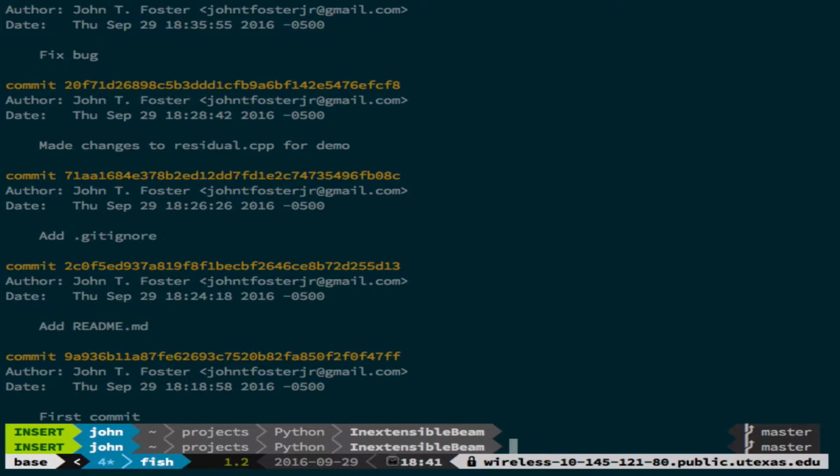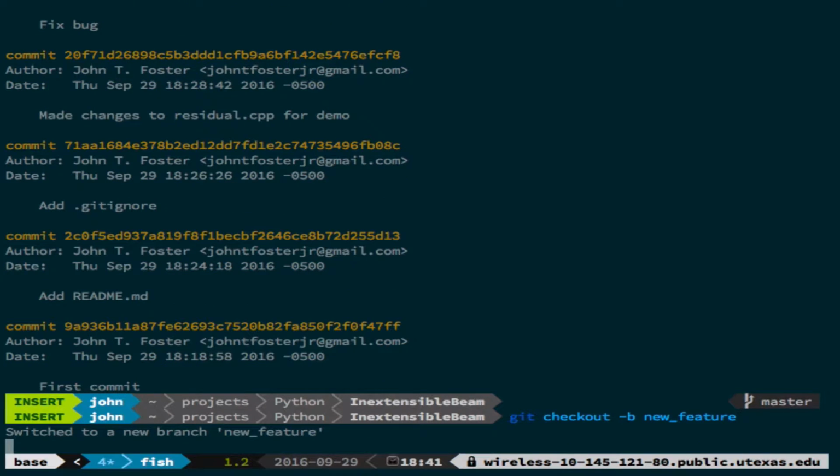Okay. So what I was going to discuss is a new feature. Right? So a workflow for a bug fix, you create a branch, you go over there, you change one line of code, you fix the bug, you merge it, right? But a new feature is going to take you 3 weeks to develop, right? So probably along the way, you're going to want to have incremental commits, right? We're going to create a branch, we're going to call it new feature. So we'll say git checkout branch new feature, right? So now I'm in the new feature branch,